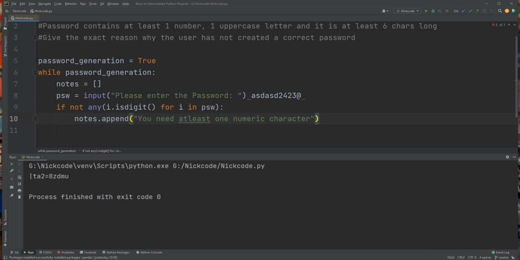Okay, similarly I will do it for the uppercase letter as well.